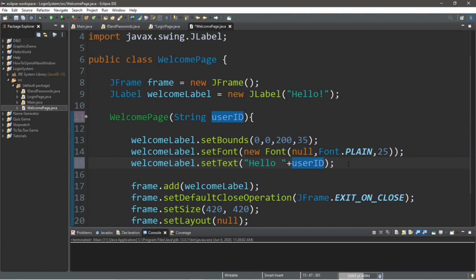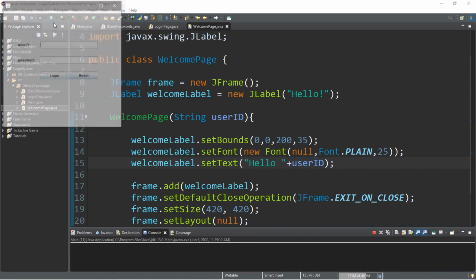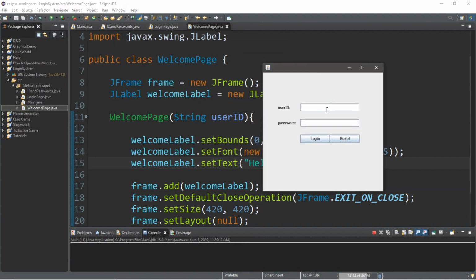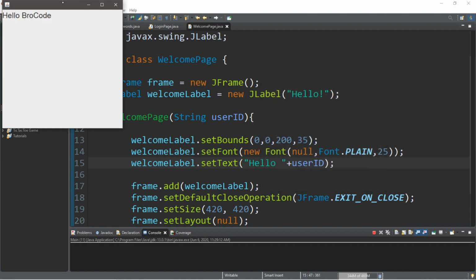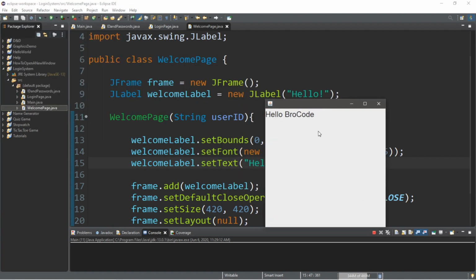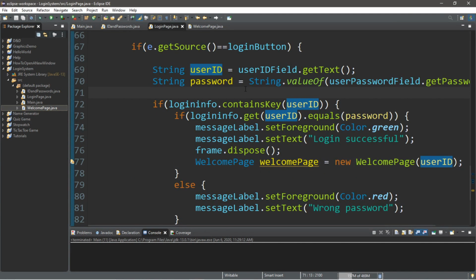Okay, let's try it now. So this time I'm going to type in brocode, and brocode had a password of ABC123. I'll click login. Login was successful, and it says hello brocode in a new window. So that's one of a few ways in which you can create a login page in Java.